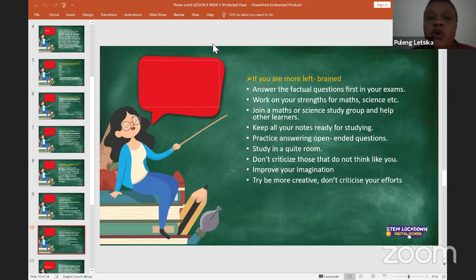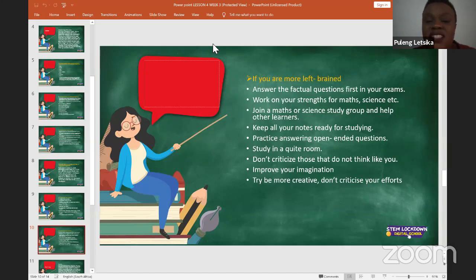So when you keep all your notes ready for studying, then you know that when the time comes for you to study, you're ready to go straight into the work. And then practice answering more open-ended questions. Open-ended questions are questions that right-brained people find easier to answer.